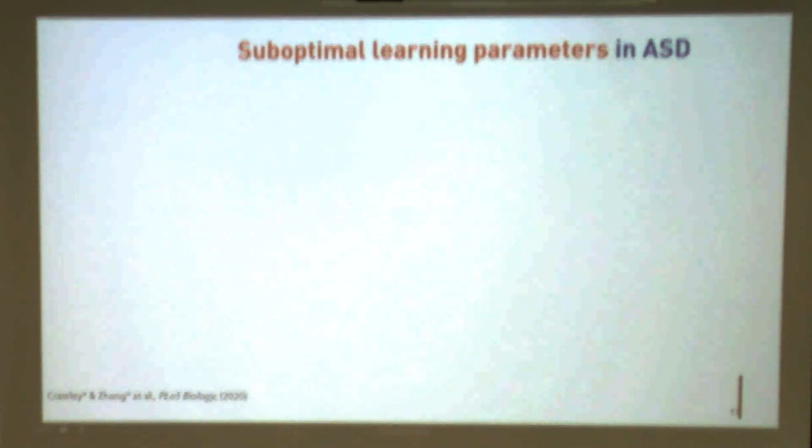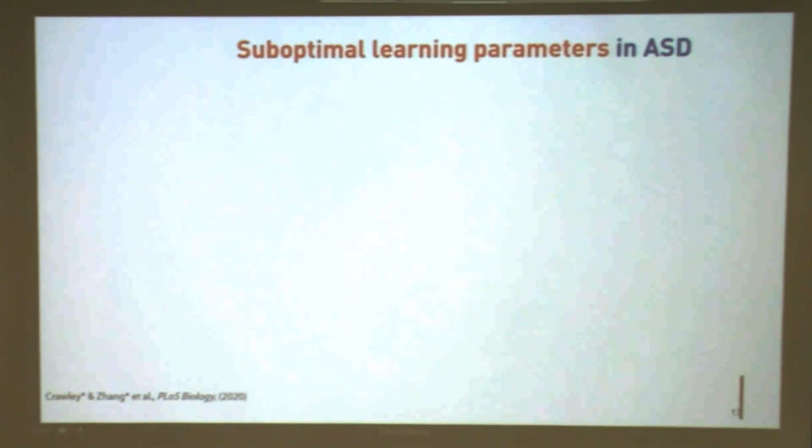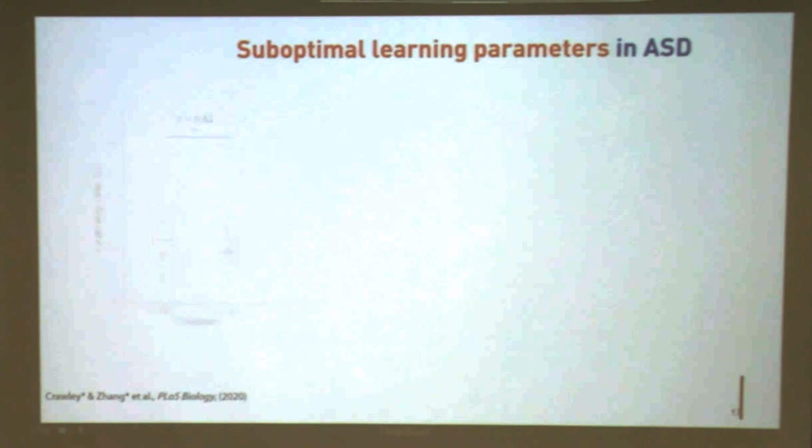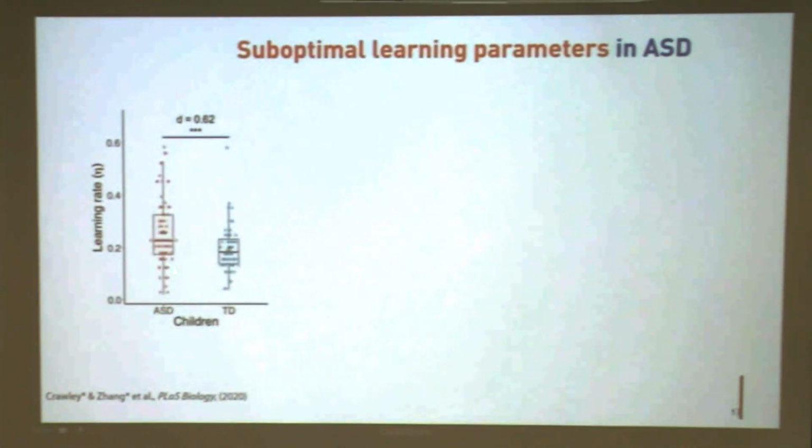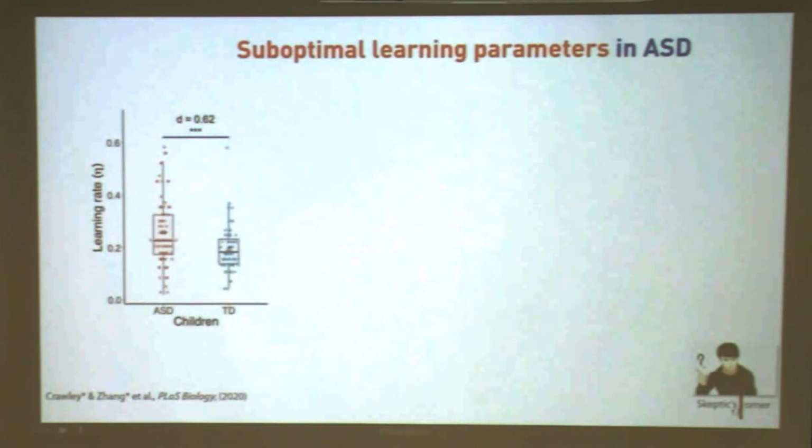If there is a difference in the learning rate that is able to explain the behavioral performance, what do we see? So indeed, that is the case for the learning rate parameter in the children group as one example. So the TD learning rate is lower than the ASD learning rate. So here you could imagine this is the typical developing individual, their speed of updating is a little bit slower than the ASD. The way I'm describing that is also a little bit confusing, I guess, because usually you would imagine typical or healthy individuals are learning something faster. Some clinical populations are learning something a little bit slower. What I told you is something different.